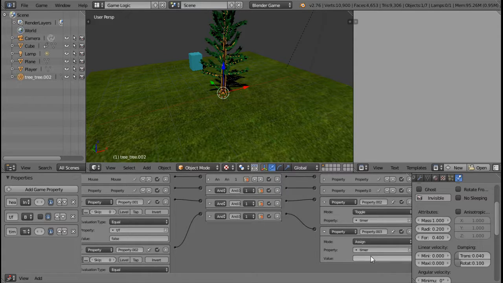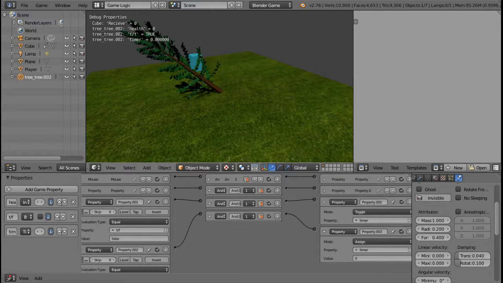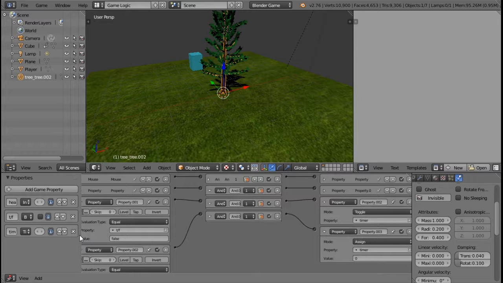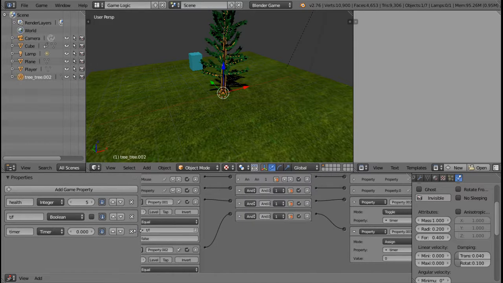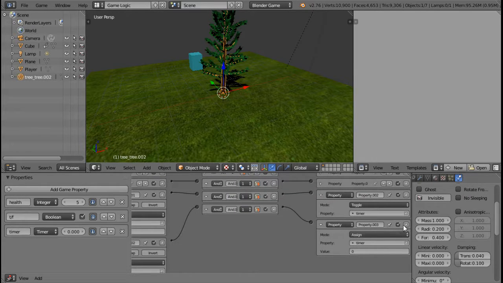I'm going to assign timer 0 then. If I set that to true, actually. And then what if we just